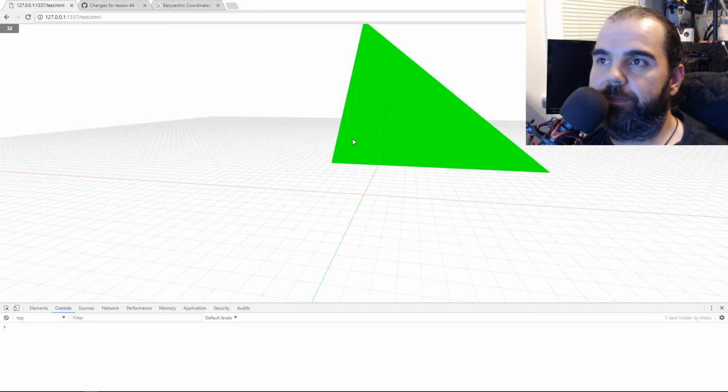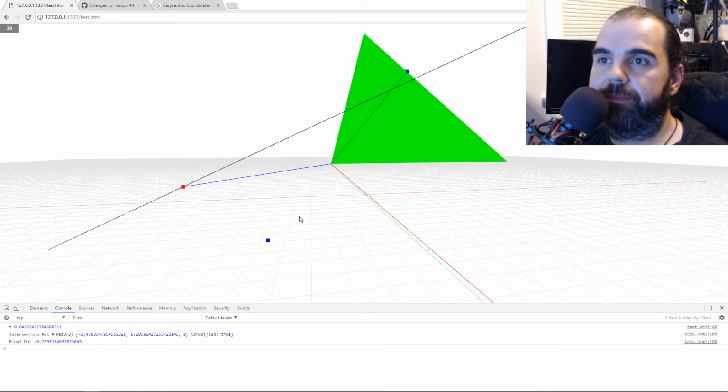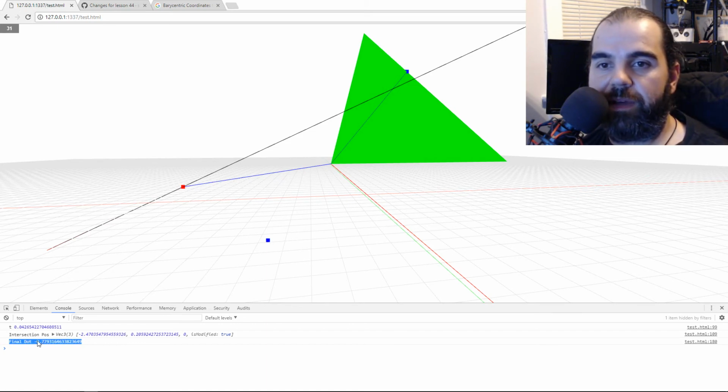So let's see if I do here, I shoot my line there. And this ray, right? See where the blue dot is here? That is this line being projected on that ray. And you've got to think about this: even though there is a defining distance between here and here, the line is infinite. That's why the point shows up here. Now see the final dot value is negative